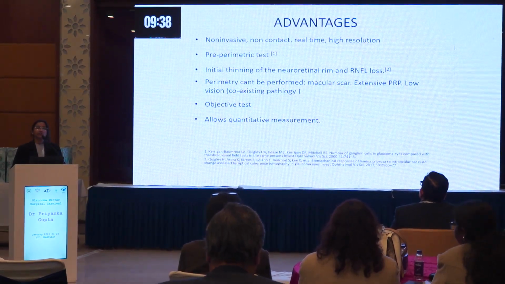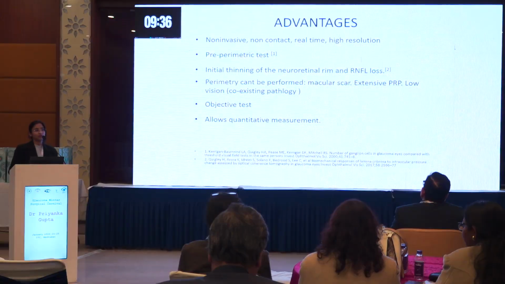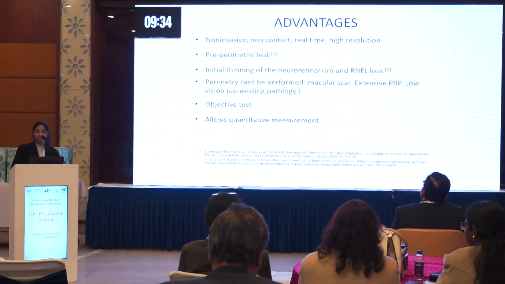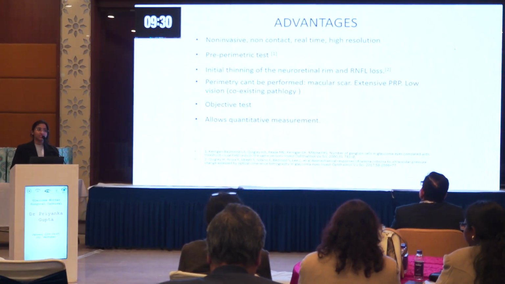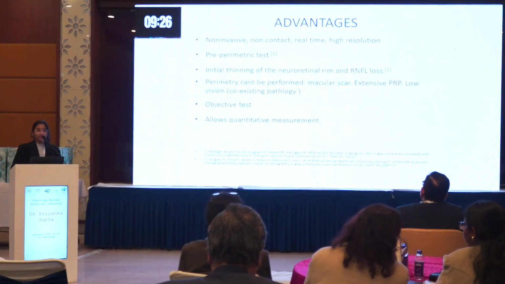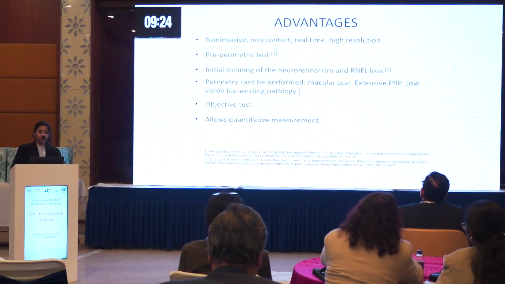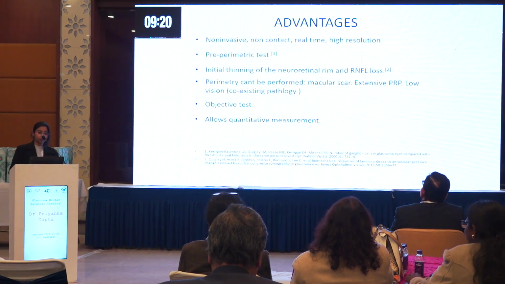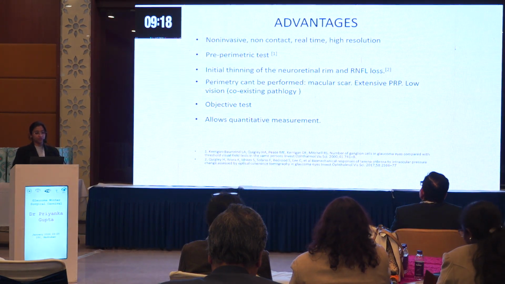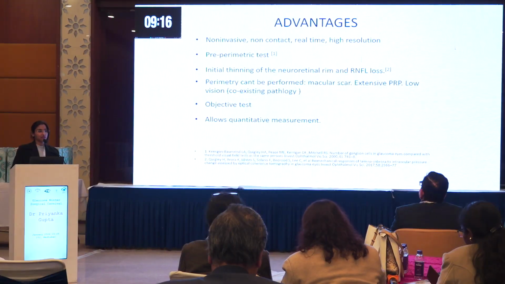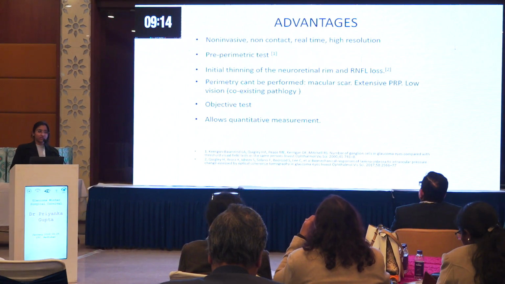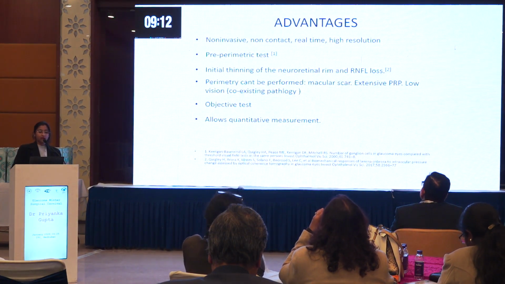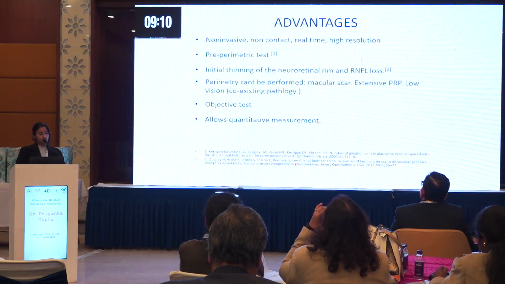Generally, perimetry shows you the visual defects when 25 to 40% of the RGCs are apoptosed. But this diagnostic modality can pick up subtle changes even at the early stages. Also, in eyes where perimetry cannot be performed, maybe because of any coexisting macular pathology, you can use OCT for diagnosis and even for progression. It's an objective test. It is not based upon what the subject does, so it is reproducible. As many times as you do the test, you will have the same results.